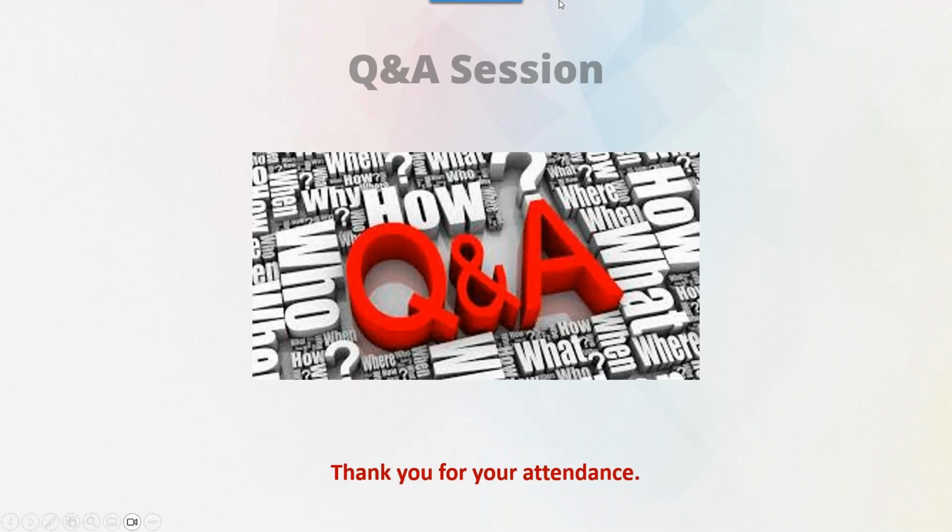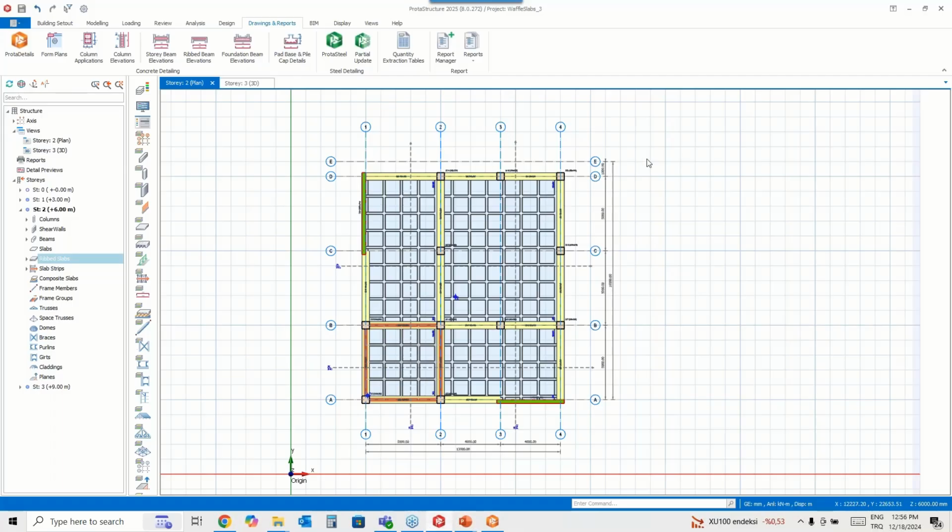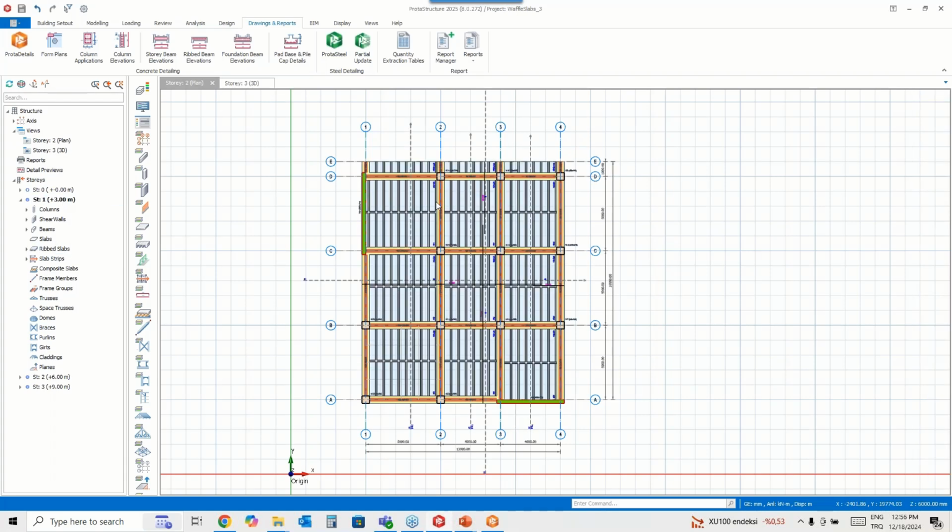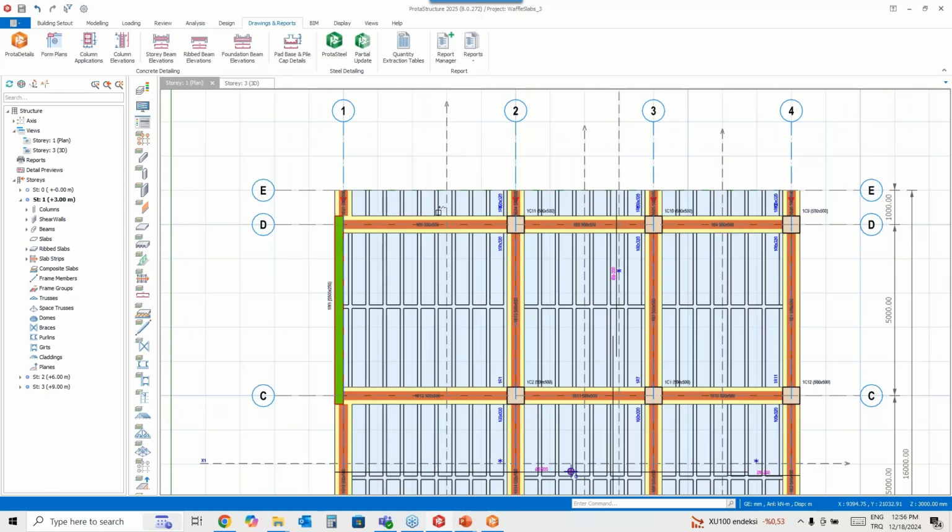I'm going to take the questions now. Is there any beam at the E-axis? Let me check. No, there is none, but if you want, you can add one. It's up to you.